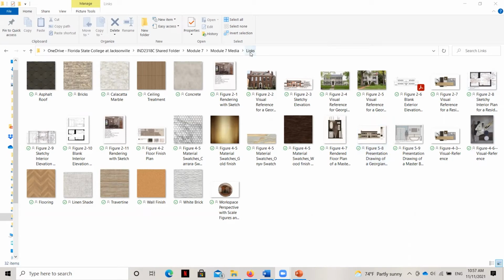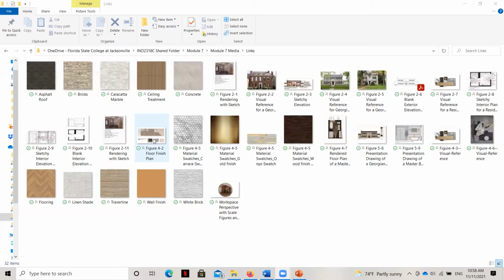And so even though these images and things might be in other places on my computer, I have copied and pasted all of those into this single folder. And that means that InDesign will know exactly where my images are. And even if I move or change things in other places on my computer, InDesign still knows that this is the folder where all the links are that relate to this particular template.